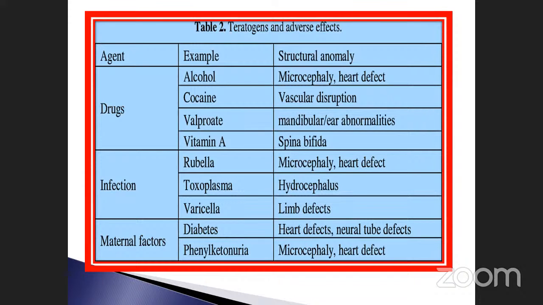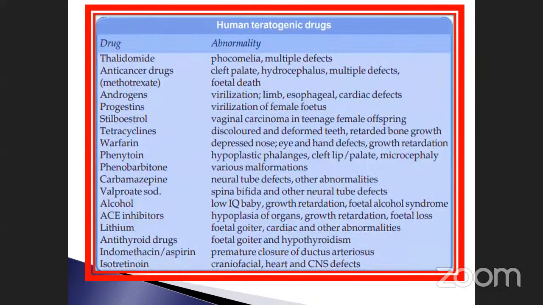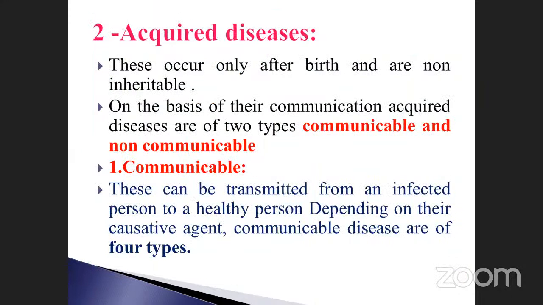What are the symptoms? Okay, so how will it be? That we already discussed. And acute disease also we already discussed. Acute means only after the birth. It is also non-inheritable. It does not come from the genetical aspects. It comes from practical aspects, when we are drinking water and playing in the sand, or in some places during the raining season. So our body is also prepared for the immunity. So this is non-inheritable.